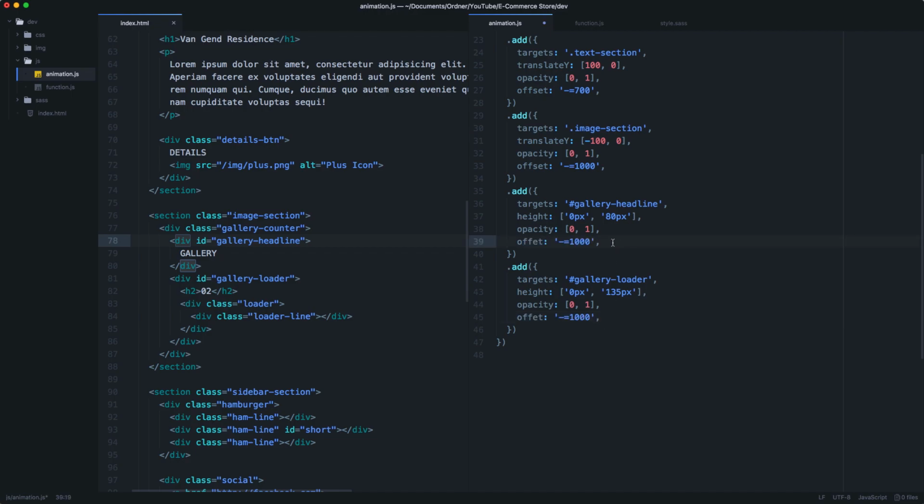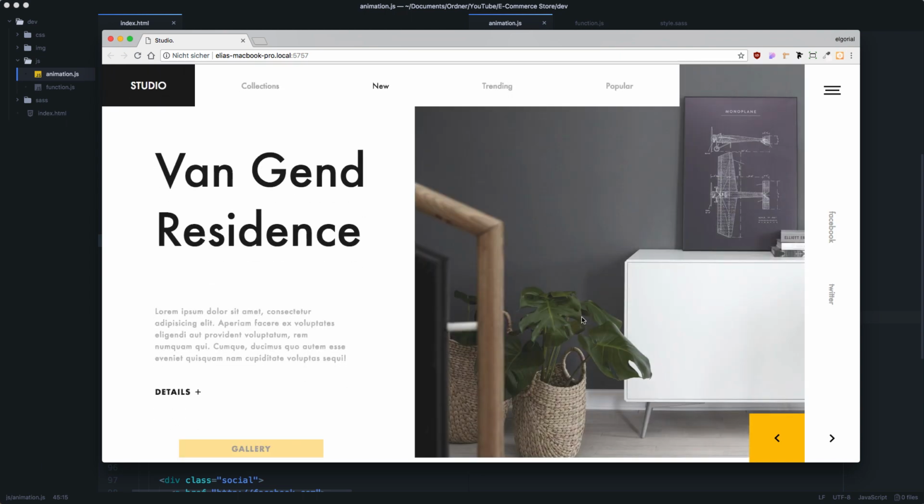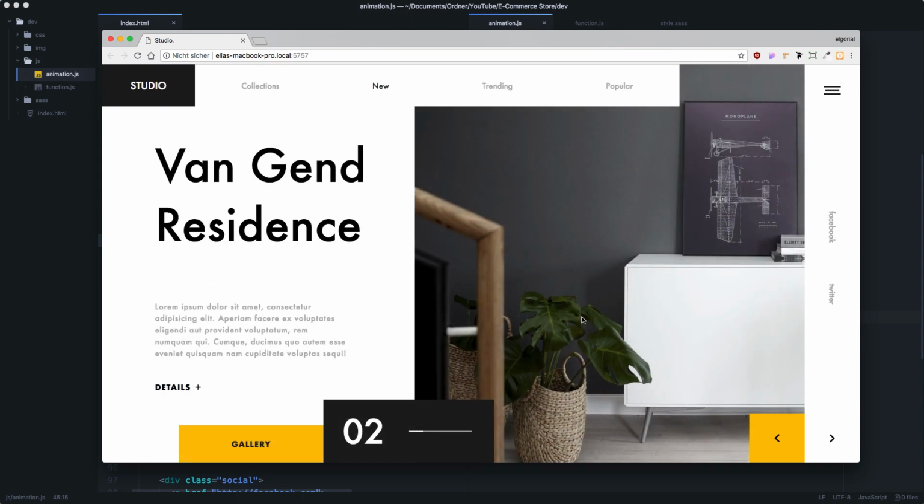Let's see, there's something wrong. Oh, typo. So let's go with our values of 800 and 700 again, because I feel like this should work. That's better. Alright,